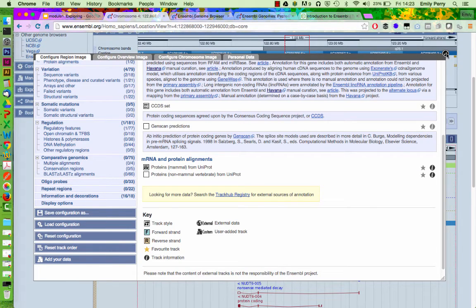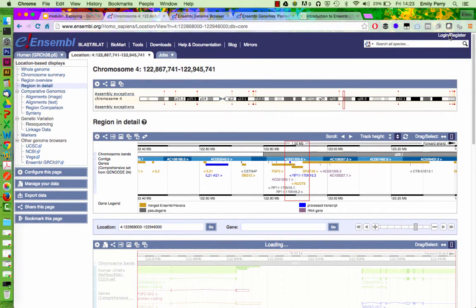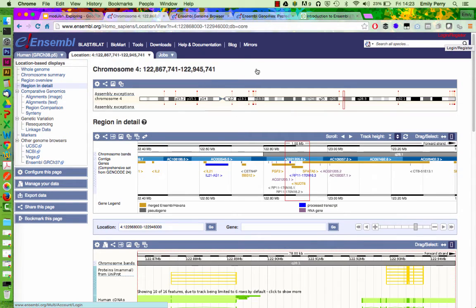I can come out of the menu, I can either click on the tick, but I've made my mouse really giant so that you can all see it very well, which makes it very difficult for me to click on things. So I'm just going to click anywhere outside of the menu, which will also work. You can see it's loading. While that's loading, I'll just point out that if you want to set up an account with us, there's this login/register up at the top right, and it's completely free and nobody ever sends you spam emails.